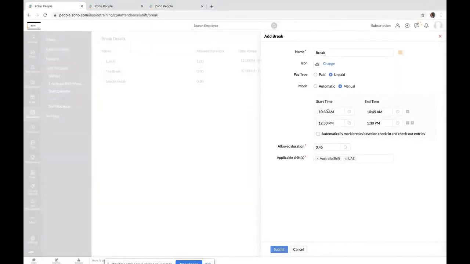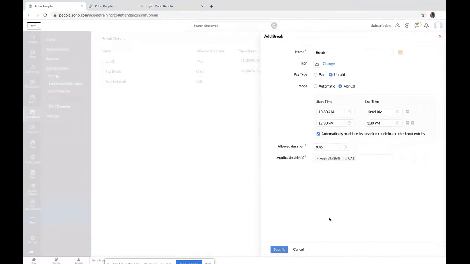If you don't define any time here, then based on this allowed duration, employees will be able to avail this break any time in between their shift duration. If you wish to automatically mark the breaks based on their check-in or check-out entries, you can enable this option. So even manual intervention is not required in this mode.